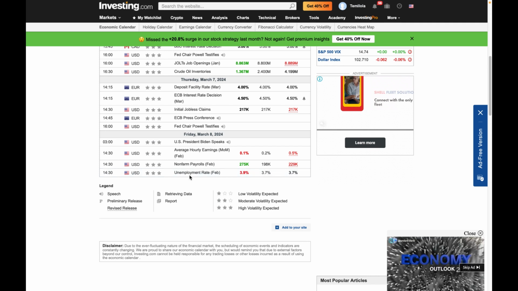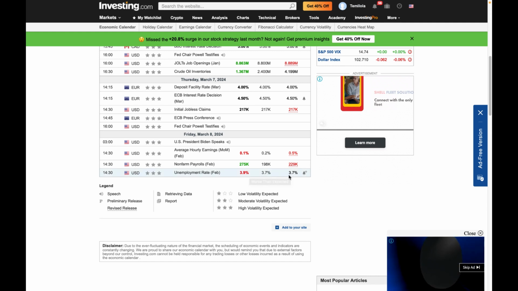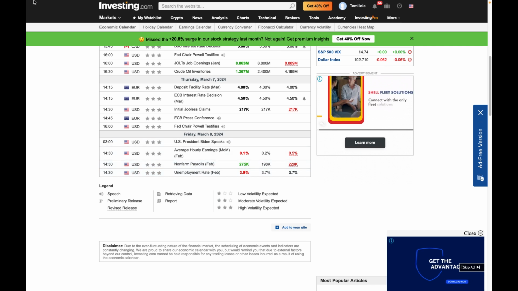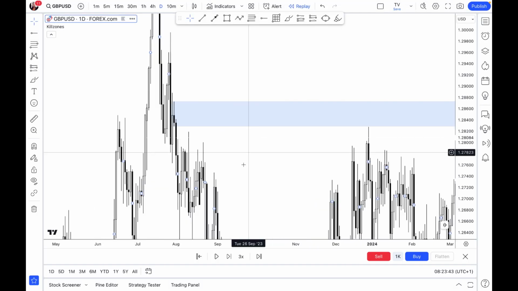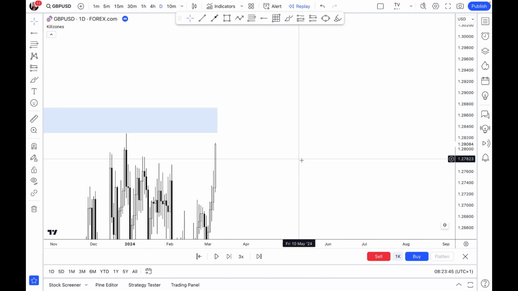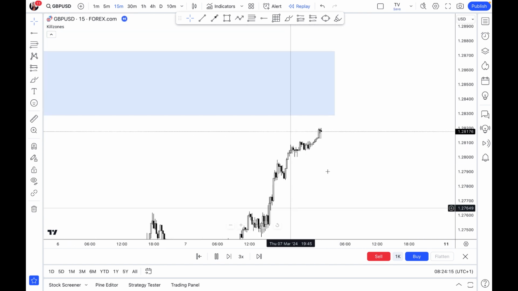And for the unemployment rate, I was expecting 3.7, a neutral release. Actually, I did not really focus on this. My focus was on the non-farm payrolls and the unemployment rate. So I was thinking if this will be neutral and this will be positive, then we should have a bullish USD. So I came to my chart and I marked out this supply level. And moving back now to the lower time frame,